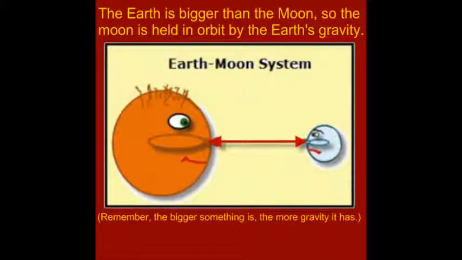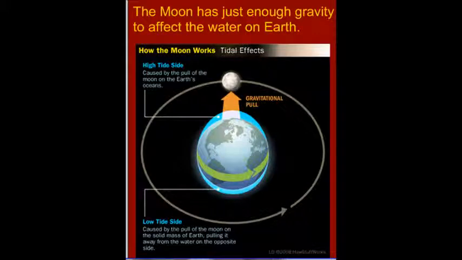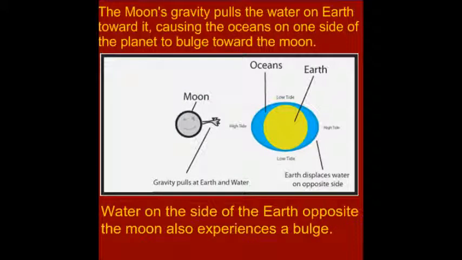Remember that the more massive something is, the more gravity it has? Well, the Earth is more massive than the moon, so the moon is held in orbit by Earth's gravity. But the moon has just enough gravity to affect the water on Earth. As the Earth turns, whatever side is facing the moon experiences a high tide. The moon's gravity pulls the water on Earth toward it, causing the oceans on one side of the planet to bulge toward the moon. Water on the other side of the Earth from the moon also experiences a tidal bulge